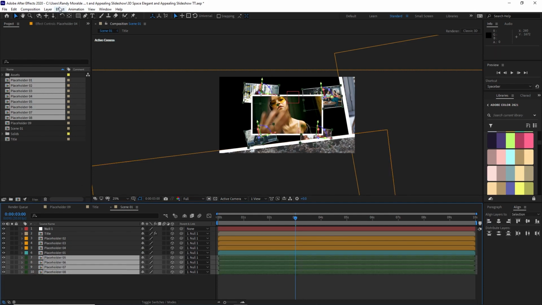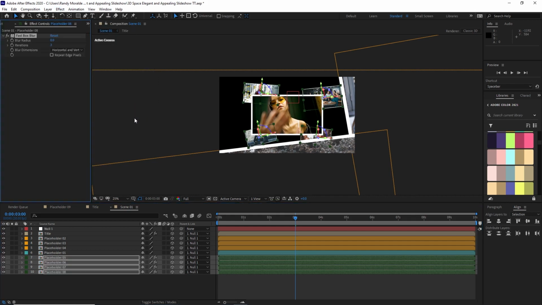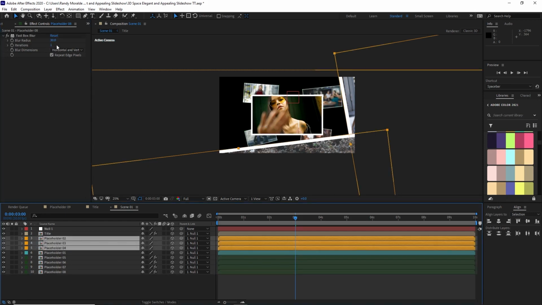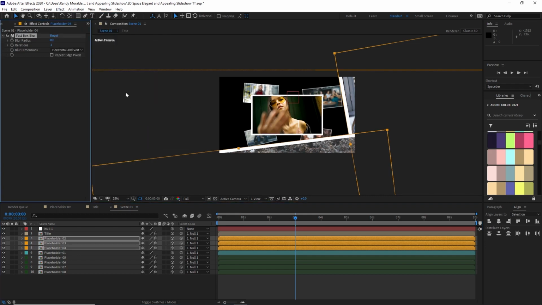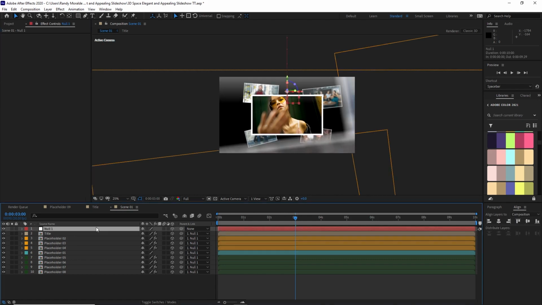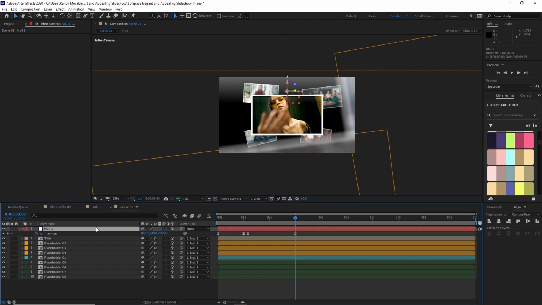Highlight this placeholder 5 to 8. Go to Effects and Preset and add Blur and Sharpen, Fastbox Blur. Change the iteration to 1, then the blur radius, change this to 30, and I will check the repeat edge pixels. Highlight the placeholder 2 to 4, go to Effects and add Blur and Sharpen, Fastbox Blur. Again, change the iteration to 1 and blur radius 30. Press U on your keyboard to see the keyframes on the null object. As you can see,